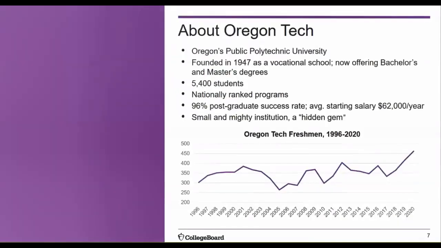Thank you for that introduction, Carolyn. Oregon Tech is Oregon's polytechnic university. We're nationally ranked and recognized in engineering, several health programs, and we have many unsung heroes in our program mix that produce impressive outcomes in salaries and job placements. Oregon Tech is a small, mighty, and complex institution with our residential campus in Klamath Falls, online program offerings, a commuter campus in the Portland metro area, as well as a campus at the Boeing manufacturing plant in Seattle, Washington.